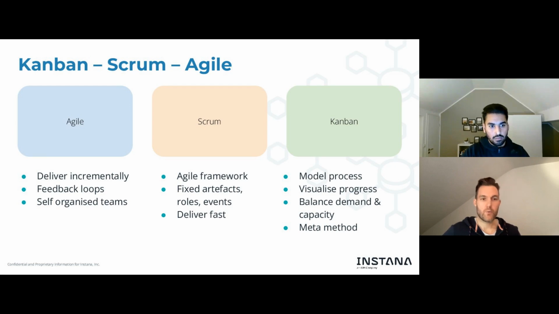It's not necessarily the right fit for your team's service profile, I'd say. And service is actually the key word here, but we'll come to that a little bit later. With Scrum, what you have is a fixed set of artifacts, a fixed set of roles: the engineers, the Scrum Master, a product owner, and also a fixed set of events. So you would do the sprint, the planning and backlog refinement, and retrospectives. All this is described in this framework, and you can apply it to your organization or to your team.